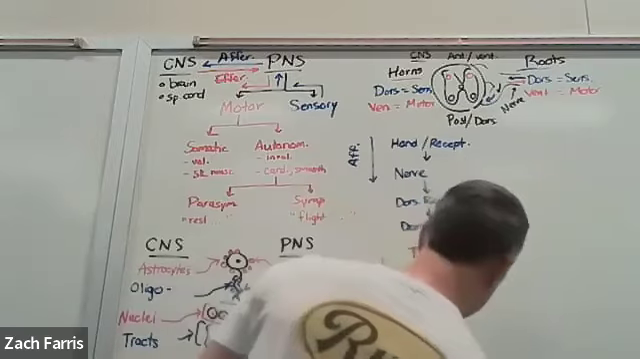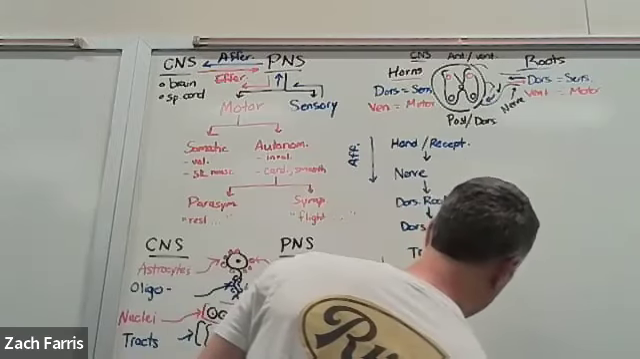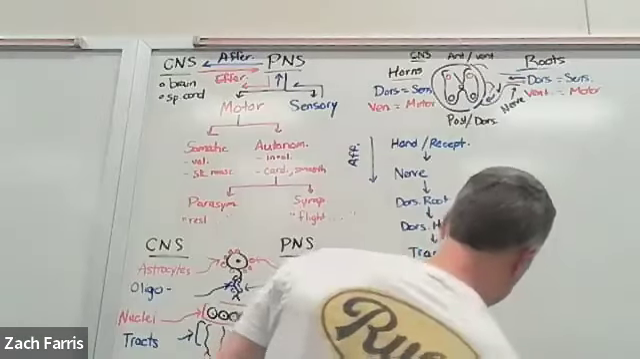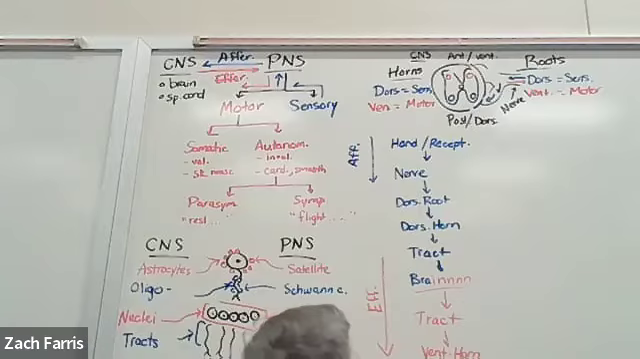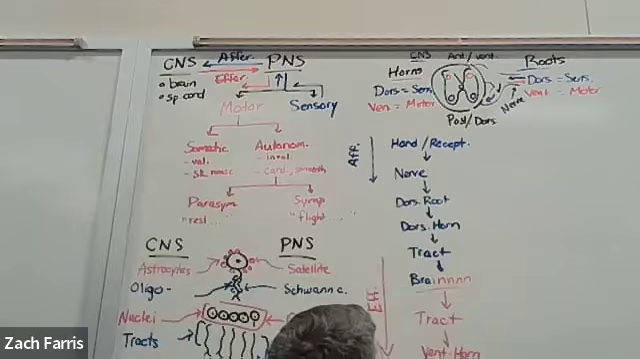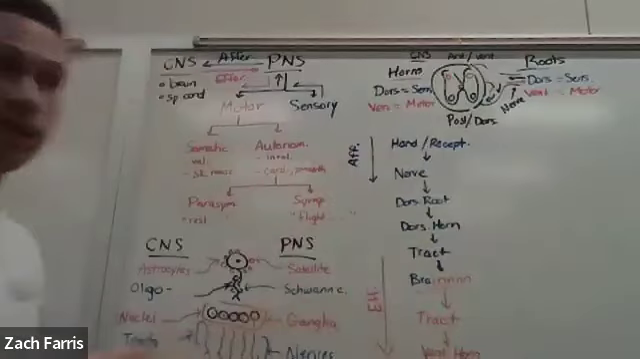From the ventral horn to what? The ventral root. From the ventral root to where? To a nerve. And then from the nerve to, yeah, I got like muscle. You could go with gland. You could go with a lot of different things. So the list